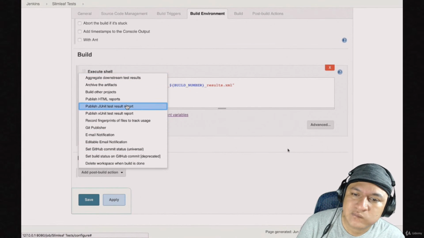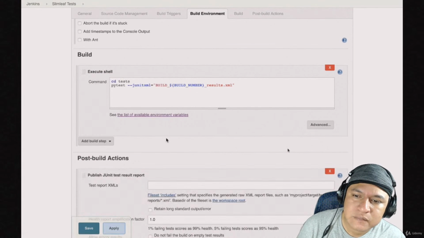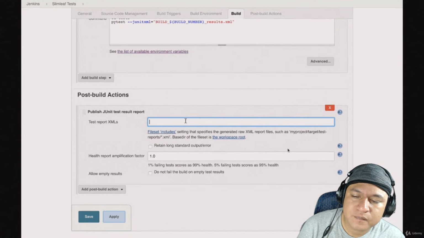We go ahead and add one post-build action. Here's the important part: Publish a JUnit test report. Here's where we have the plugin consuming our XML file that we created and doing a bunch of really cool